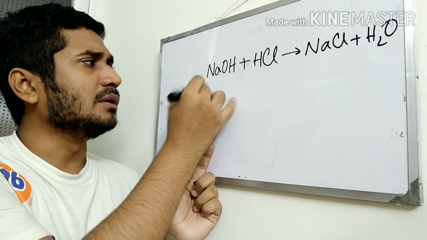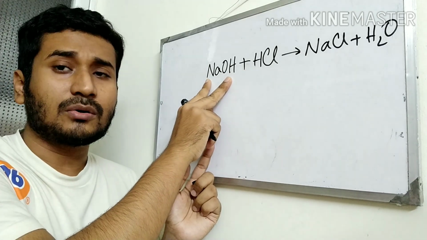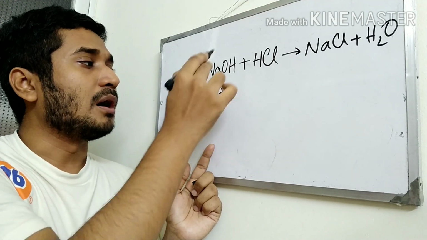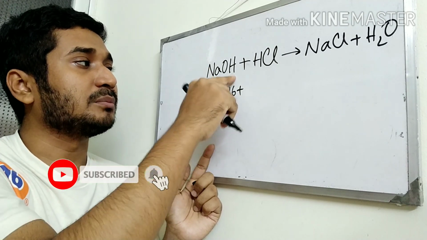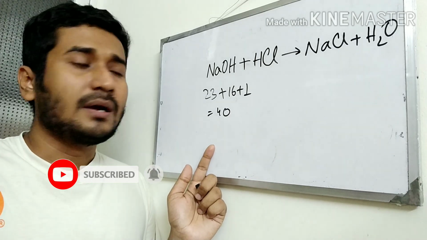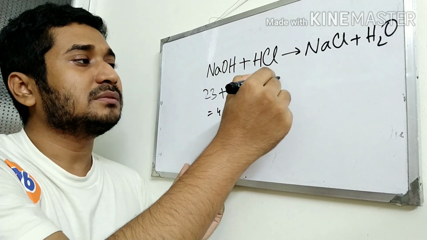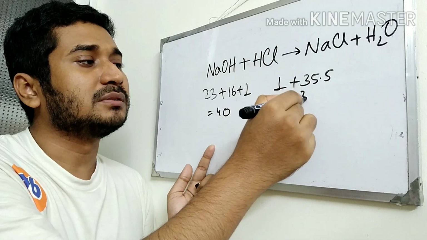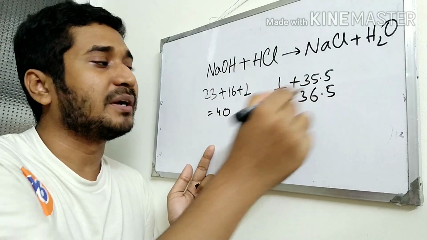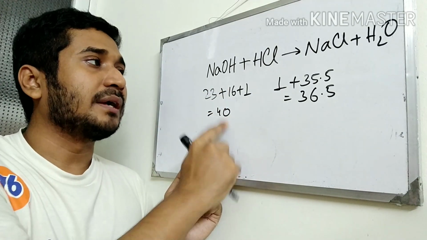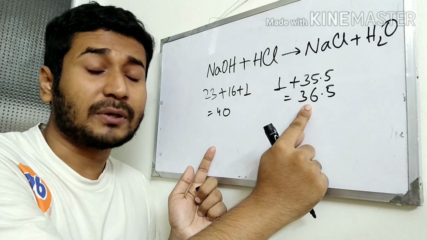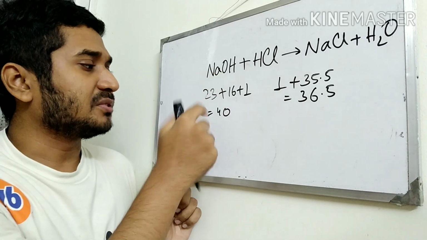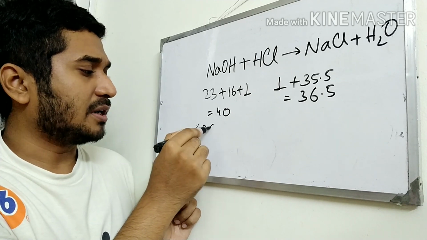So let's decide by the molecular mass of caustic soda. The atomic mass of sodium is 23, the atomic mass of oxygen is 16, and the atomic mass of hydrogen is 1, eventually 40. And the molecular mass of hydrochloric acid: hydrogen, atomic mass 1, and the atomic mass of chlorine is 35.5. So you know that the molecular mass of hydrochloric acid is 36.5. Okay. So the molecular mass of caustic soda is 40, and the molecular mass of hydrochloric acid is 36.5. So you can write here 40 gram caustic soda